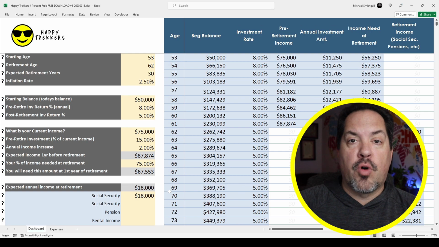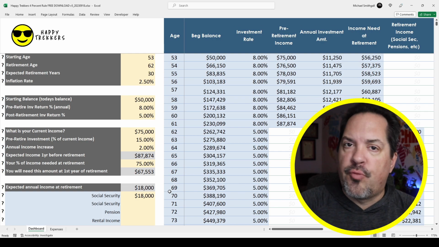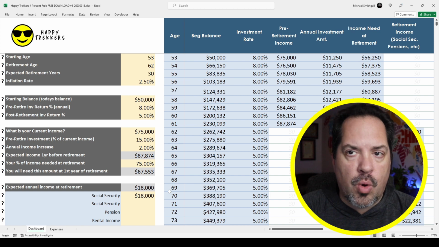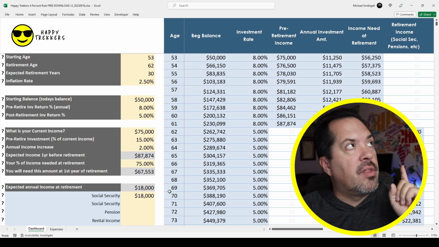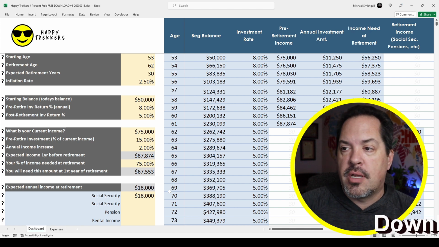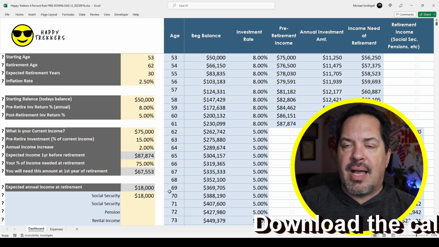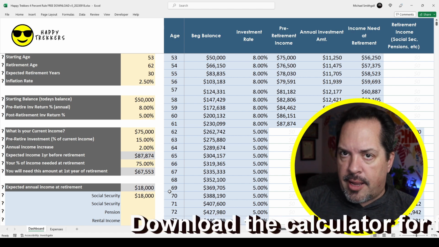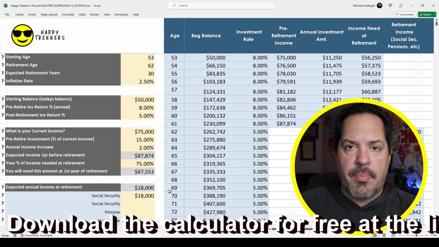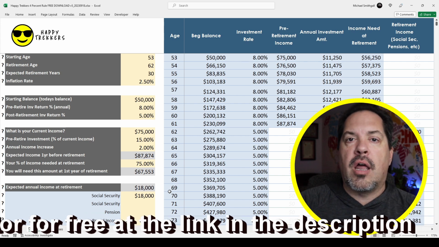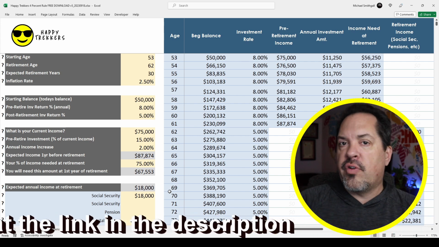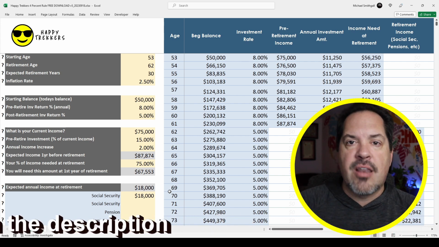Okay, so this is the 4% rule. And if you're not familiar with the 4% rule, I did a whole video on this calculator and what the 4% rule means. Go ahead and check that out in the link up here, and I'll put one in the description. But suffice it to say, essentially what that means, it's a guideline. It means if you have some money in the bank in terms of your retirement money, you can afford to pull out about 4% every year for 30 years and not run out of money.